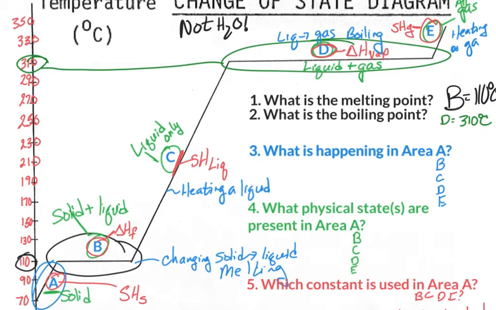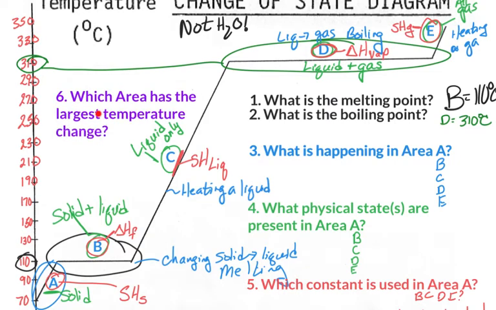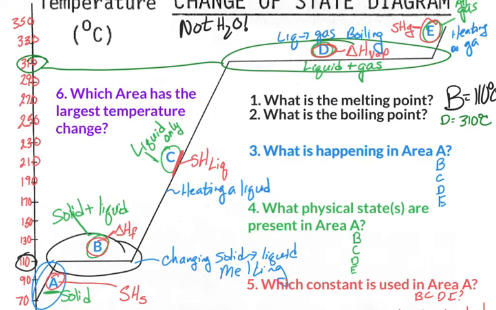Another type of question you might see are some questions that ask you to compare different areas of the graph. So we might see a question which asks, which area of the graph has the largest change in temperature? And of course, this is going to be looking at the y-axis, which one changes the most in the y direction. And hopefully you can see that's area C,